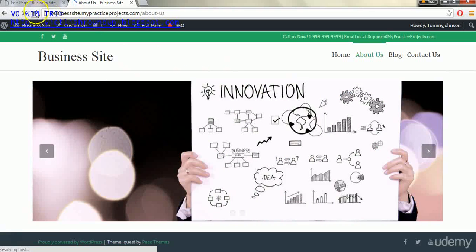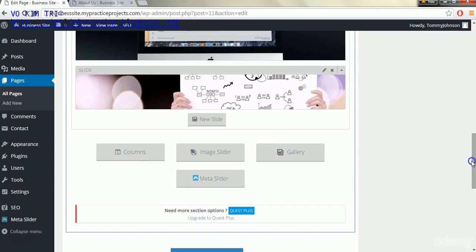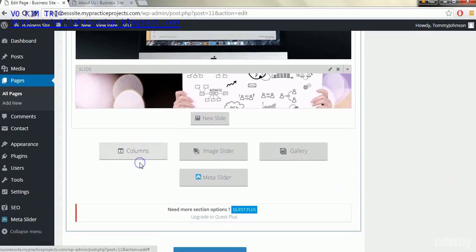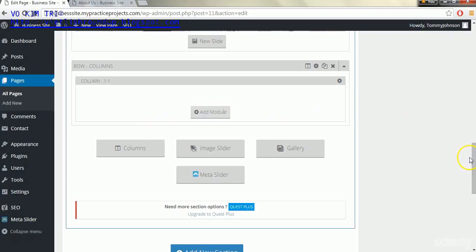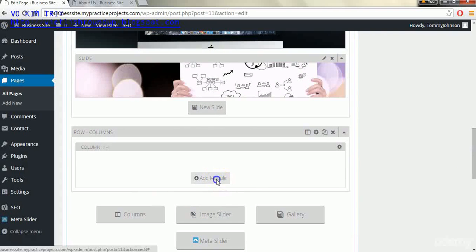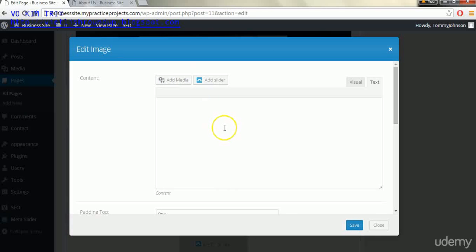Next, we're going to go back to the back end of the site. I'm actually going to also edit it slightly with adding some new text. So what we're going to do here is we'll click Columns and we'll click 1 and 1. And now we're going to click Add Module and we'll go to Text again. In this area, we're going to then input text that I've already pre-written. We'll want to be in the Visual tab